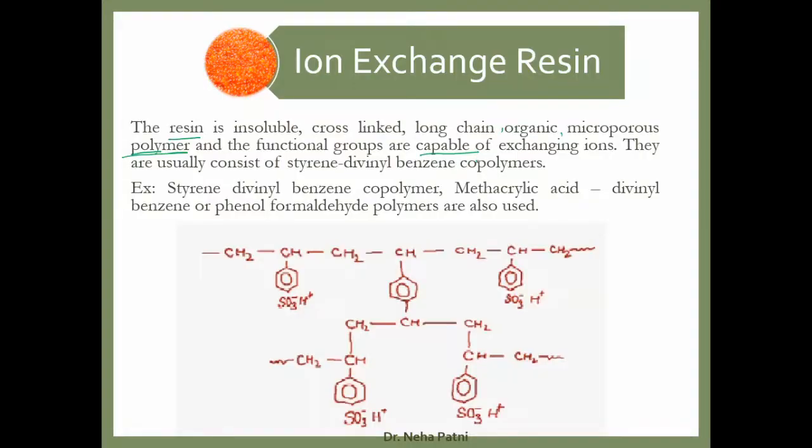So it could be a polymer, just like this polymer structure that is drawn. Now this is nothing but styrene divinyl benzene copolymer. If I start with the polymer, I hope you now understand what a polymer is, which has many parts, which has monomers. Now what is the meaning of co? Obviously when the monomers are different, it is a copolymer. When the monomers are the same, it is a homopolymer. Here it is a copolymer, that means the monomers are different. Styrene and divinyl benzene are the two monomers.